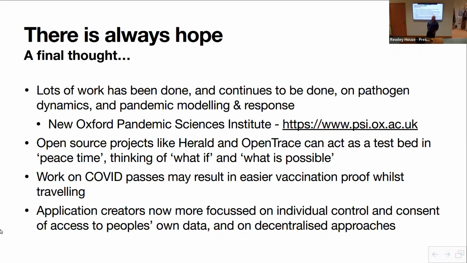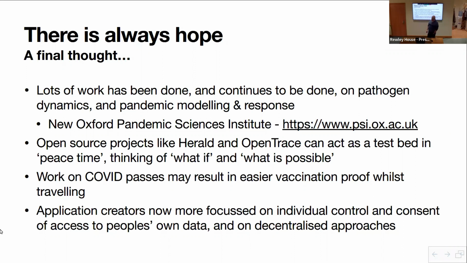So there is lots of work being done in peacetime, thinking about COVID-25 or COVID-26 that comes on. And because the work on COVID passes, instead of getting a little bit of paper when I want to go to an interesting country and have my tetanus jab, you can now do that digitally on your phone. So that's one benefit. The vaccine pass that you had in the NHS app for when you travel internationally, that same technology is now being applied to all vaccinations worldwide through the WHO. That's quite a benefit because it makes it a lot easier to travel internationally.